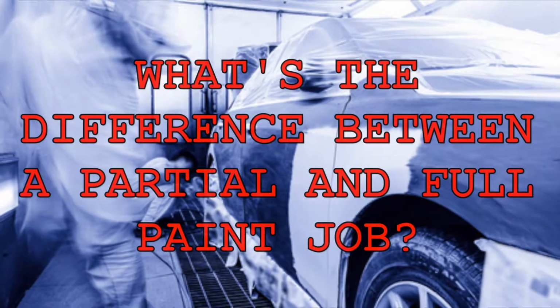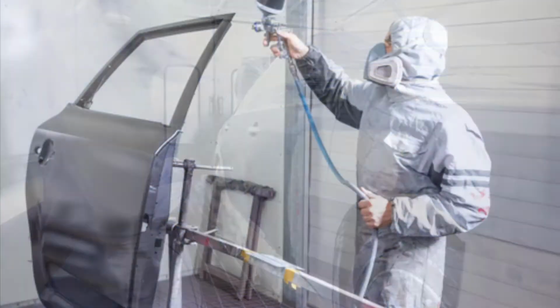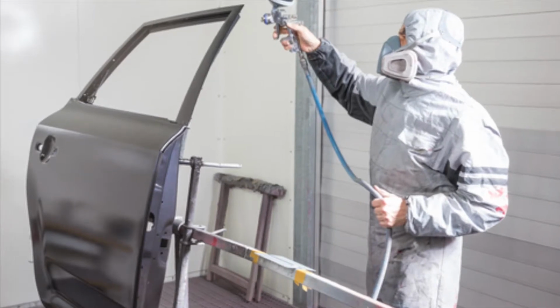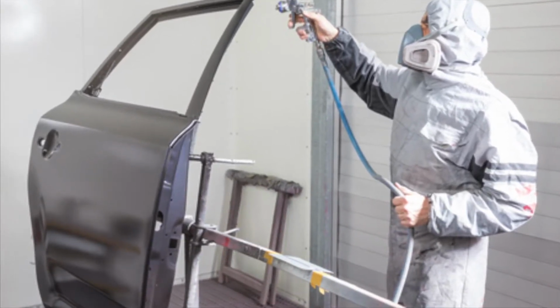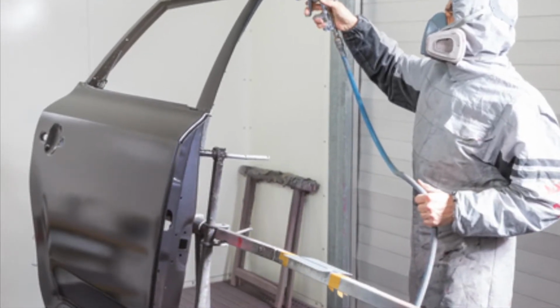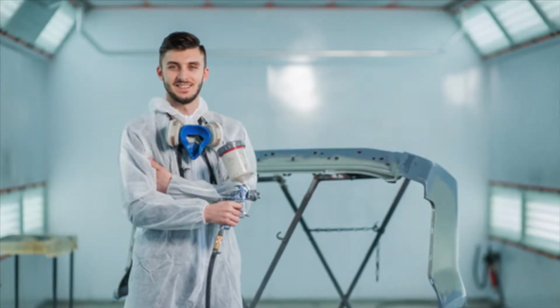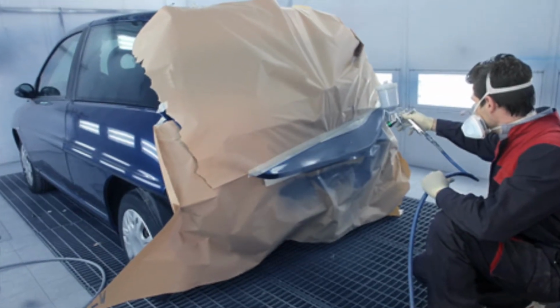What's the difference between a partial and a full paint job? A partial paint job is when you touch up problem areas. It may be to fix accident damage or to cover scratches. When you get a partial car paint job, we only paint the panel where the problem is located, as opposed to painting the whole entire car. Our techs are highly skilled and can match and blend the new paint to the rest of the car perfectly. For example, if you get rear-ended and need a new bumper, our techs can match it to the rest of